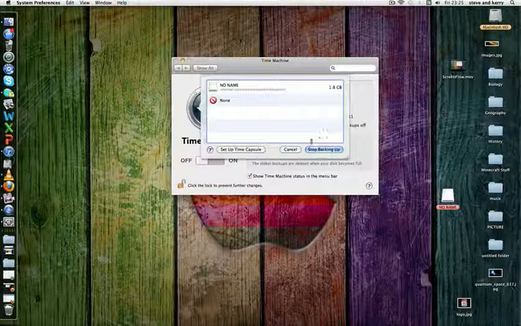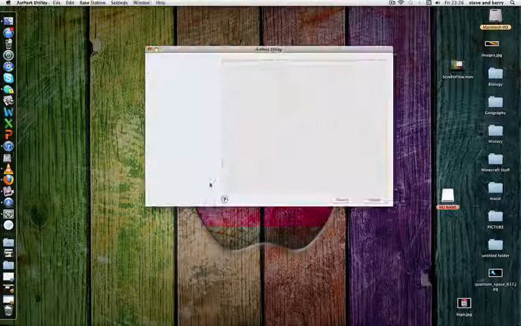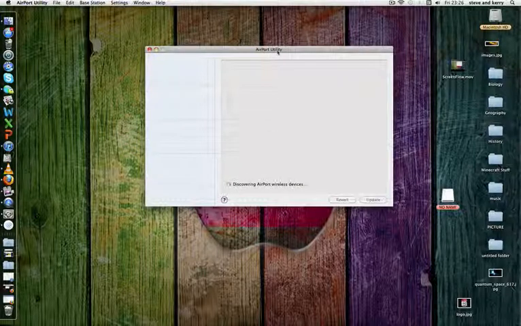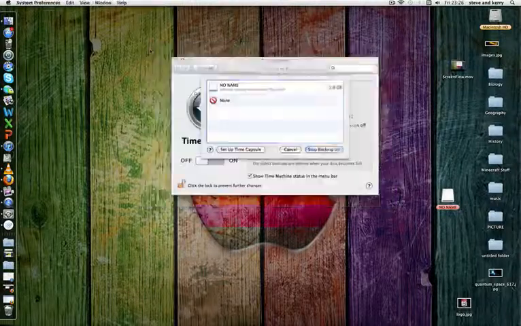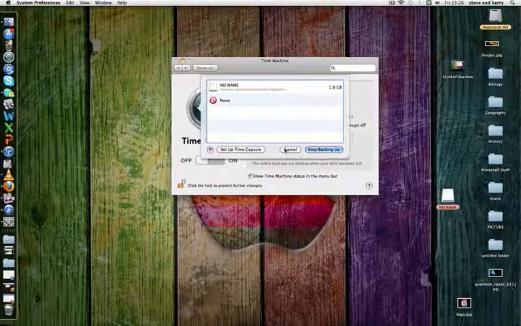Right. Okay. Now, just to go off topic a little bit, there's something else called Time Capsule. This is where another application called Airport Utility comes into play, and it looks for an airport device called Time Capsule. This capsule would appear probably here, and you would use that to back up your system onto it. It would be like a wireless Bluetooth instead of like a USB port sort of thing. Anyway,